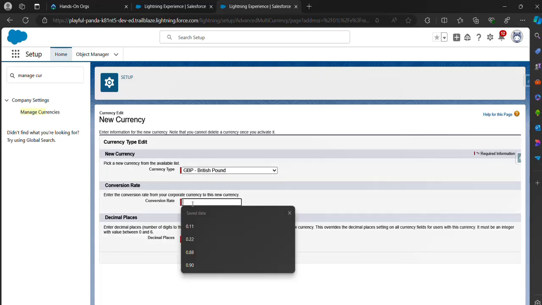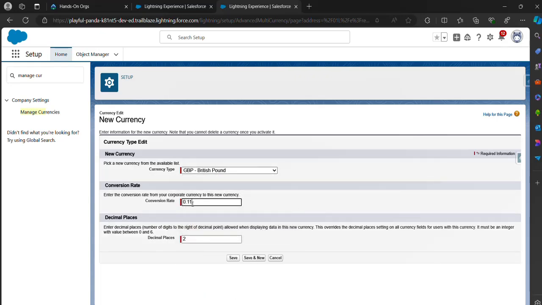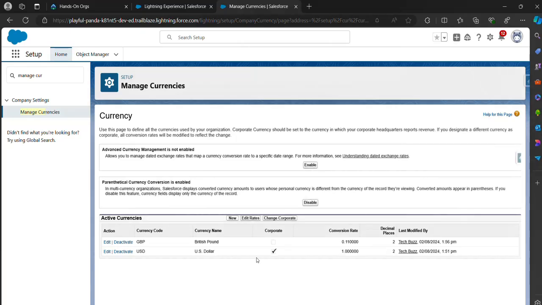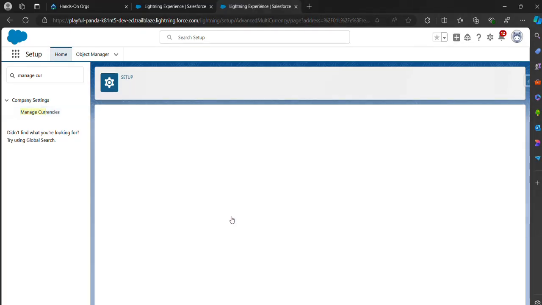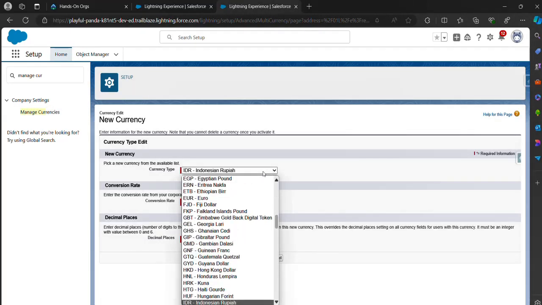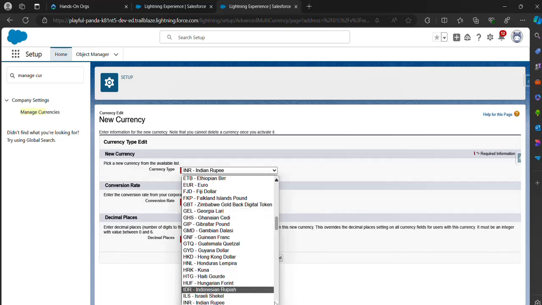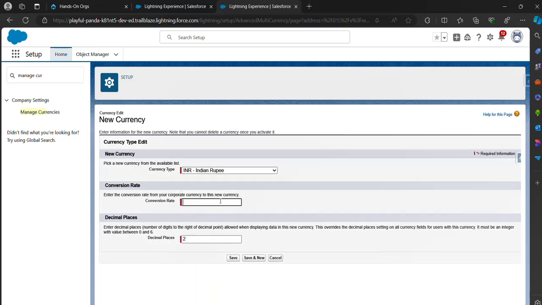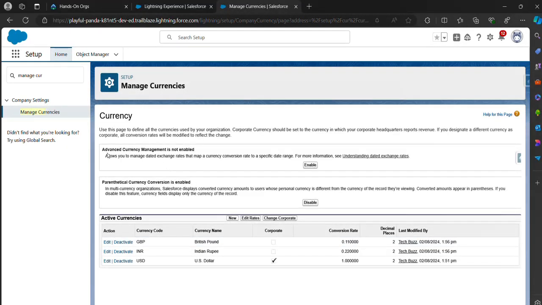Just give a random currency rate for now. Save. Another I will create is Indian rupee. Select INR, 0.22, just a random amount. Save. As you can see, currently advanced currency management that enables dated conversion rate is disabled.